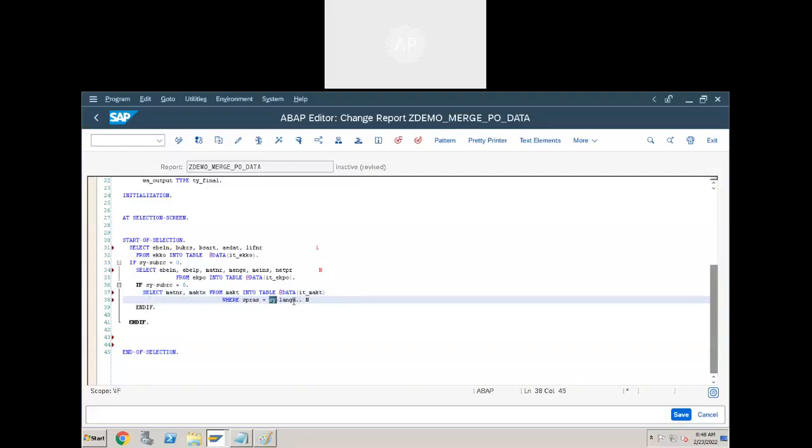What does this contain? In the login screen, we are providing a language key, right? In which language you want to log in. So this contains that value. So it is going to select the record from the table in the same language. Now how many records are we going to get for each material number?